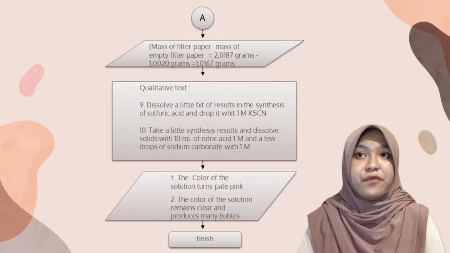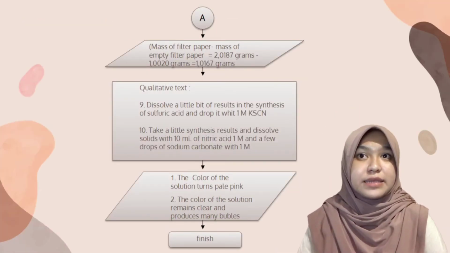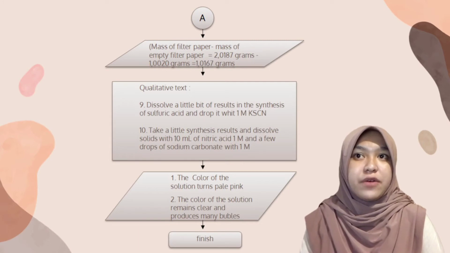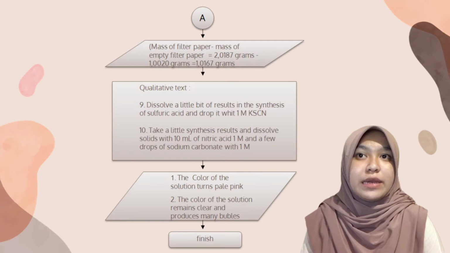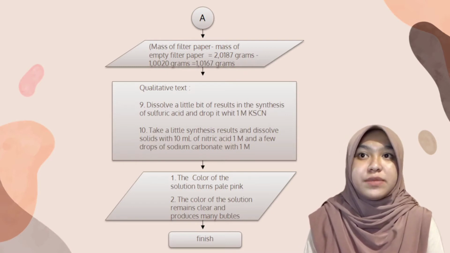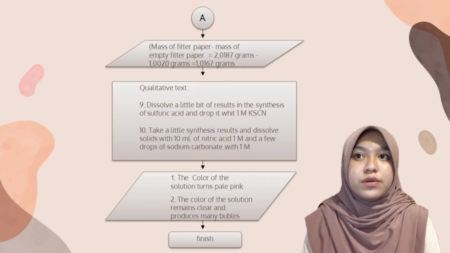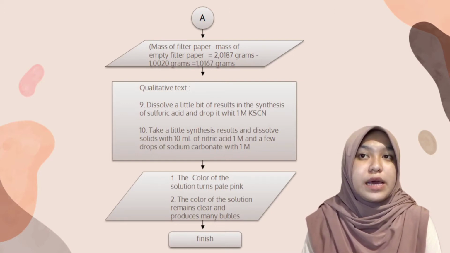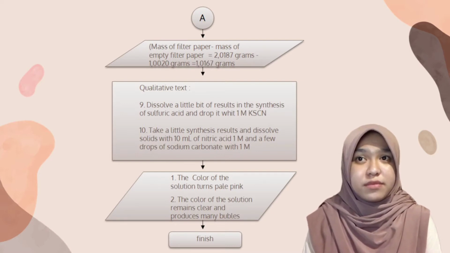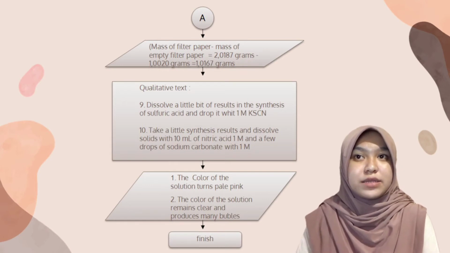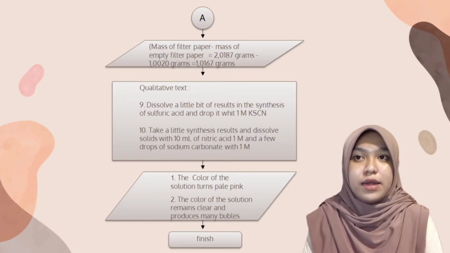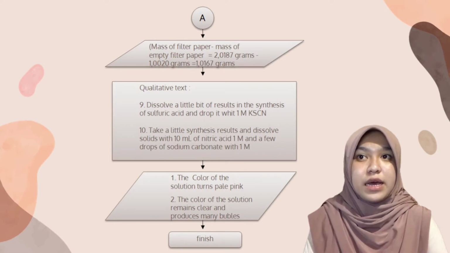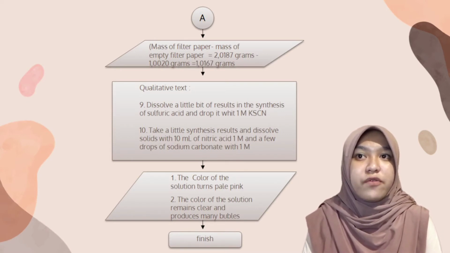The mass of the filter paper with precipitate minus the mass of the empty filter paper: 1.20187 grams minus 1.00020 grams equals 1.01667 grams. And quality test: dissolve a little bit of the result in sulfuric acid and drop with 1 molar KSCN